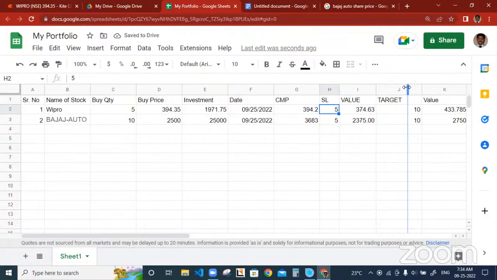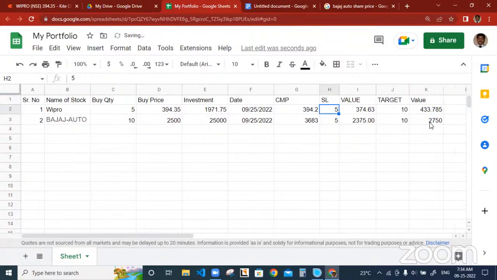And also you need to know what the target value is, how much profit you are going to take and when we have to exit from this stock. That is also very important. You should know the target value. Okay. Now, if we enter these things